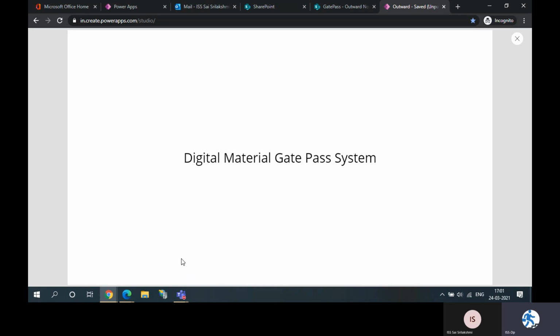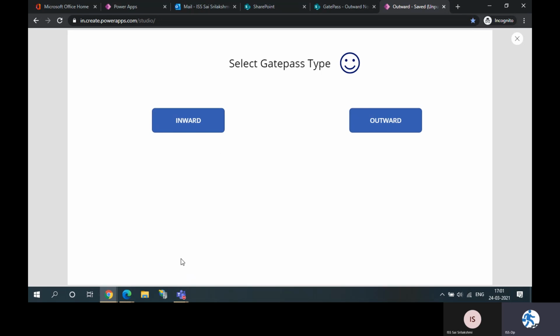So now we will showcase the demo of the digital material gate pass system. When you log in, you will find a screen with two options: outward and inward, because a gate pass is always inward and outward.